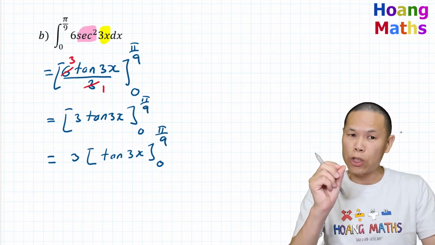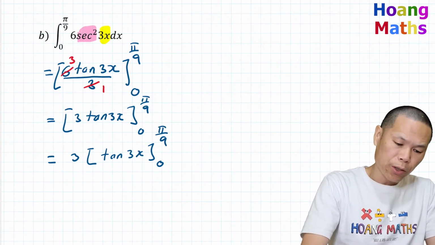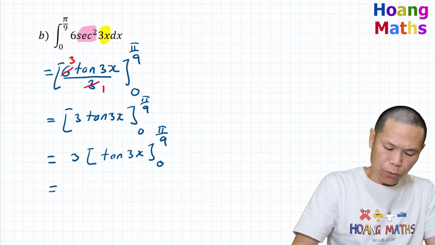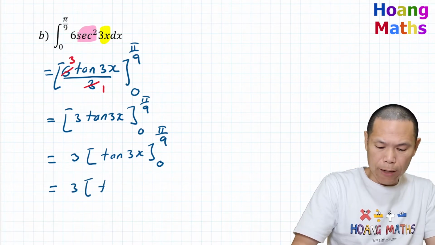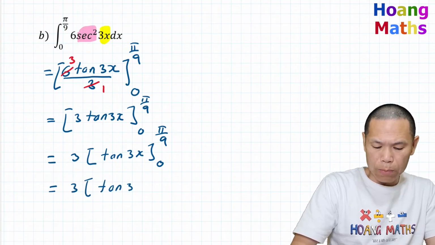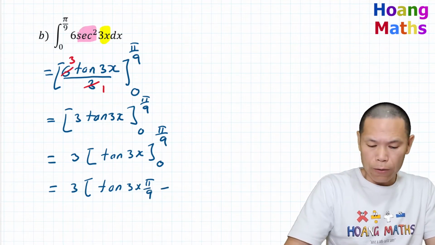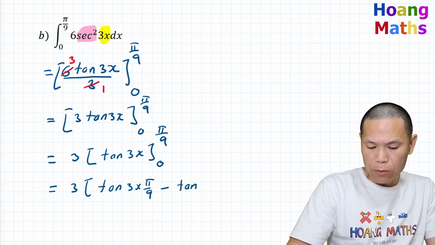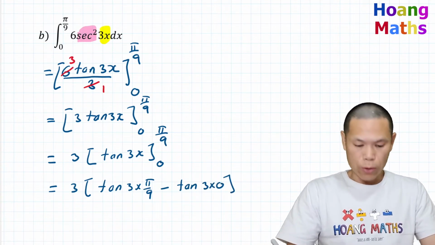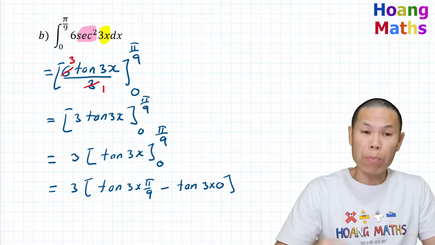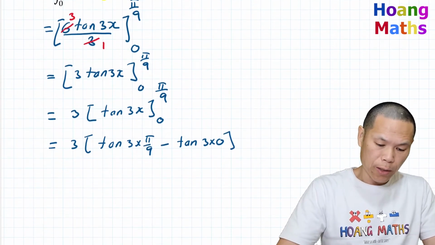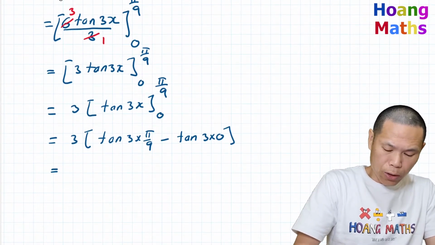So now what I do, I just substitute pi over 9 in. That will give me equal to 3 bracket tan of 3 times pi over 9, and we minus tan of 3 times 0. So there you go. Now I just simplify one more step before I evaluate, okay? So that is equal to 3